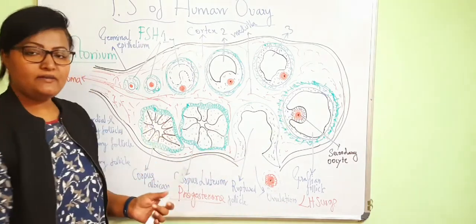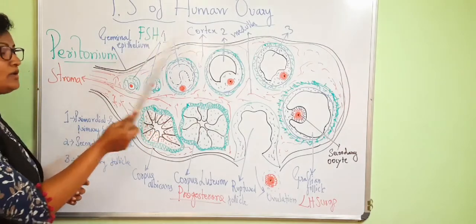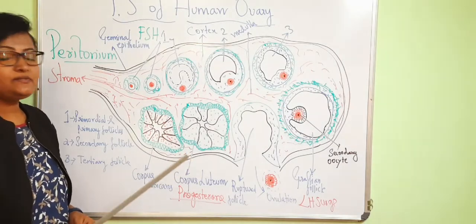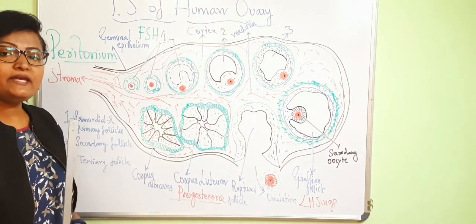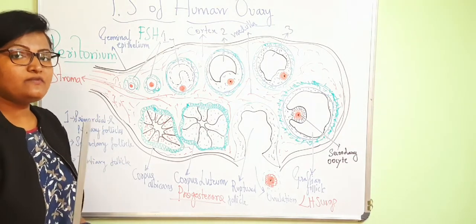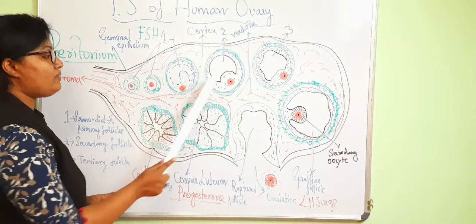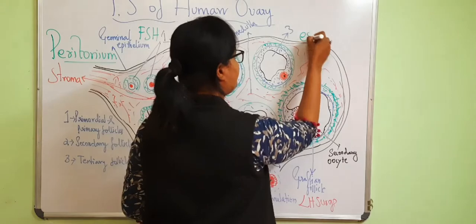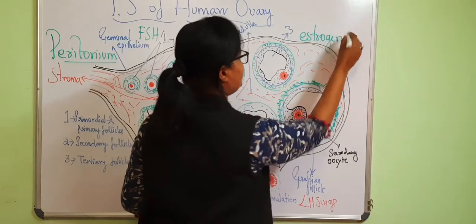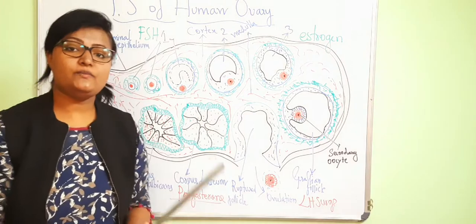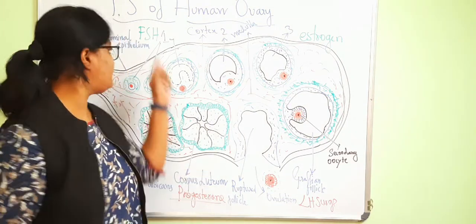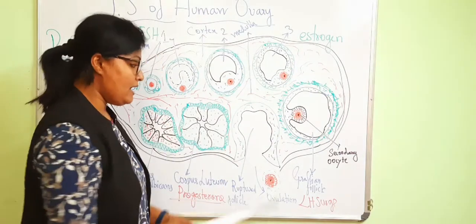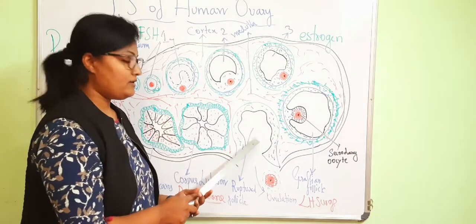This follicle development is helped by the hormone FSH. Soon after the Graafian follicle is produced, there will be hormonal changes, and LH production will be increased. Why? Because when the follicles are developed, the follicle in turn produces which hormone? Yes, the follicle produces the hormone estrogen. Estrogen gives a signal to the pituitary gland to lessen the production of FSH and increase the production of LH. Because of this, the Graafian follicle gets ruptured.